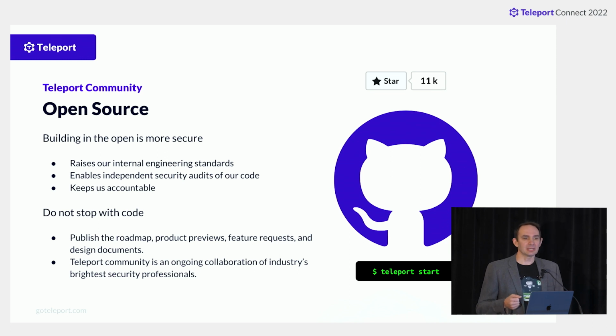Also, it keeps us accountable because everything we do is out there. So anyone who's even smarter than us can just go and audit the Teleport code, for example, line by line, to see if we're picking the right hashing function or if we're not using any compromised libraries. But it's not just about developing in the open. It's also important to collaborate. So we love interacting with Teleport users, with all of you, with Teleport customers as well. I like to think about what we're doing here as a collaborative effort with the security teams of many of the best companies in the industry, codifying industry best practices.